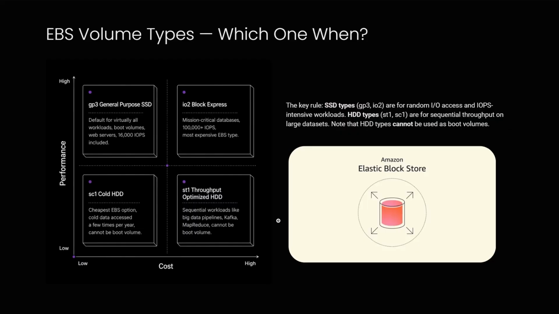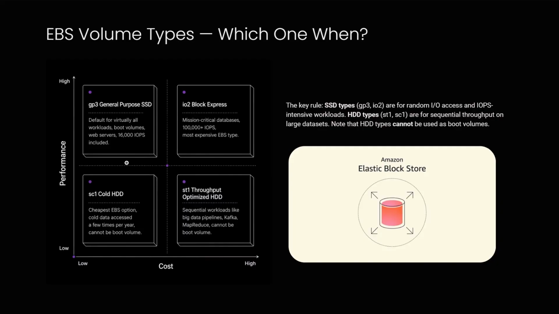Alright, let's start with EBS, or Elastic Block Store. When you spin up a virtual computer in AWS, that is an EC2 instance, it needs a hard drive to install the operating system. That hard drive is an EBS volume. But AWS doesn't just give you a one-size-fits-all hard drive. Look at this chart. They give you four main categories split between fast SSDs, that is solid state drives, on the top, and the traditional spinning hard drives, hard disk drives, on the bottom.